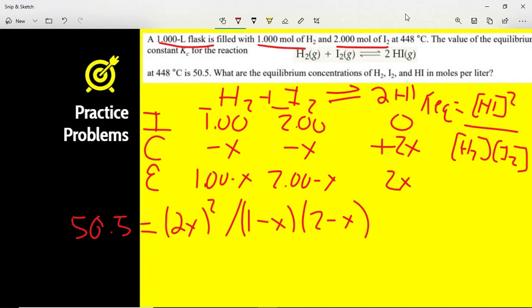Then you would FOIL the denominator. If you have an equation solving calculator, you can immediately solve for x with this. If not, you're going to have to use the quadratic formula. This is where it gets a little bit nasty, because after squaring everything out and multiplying, what we're going to get